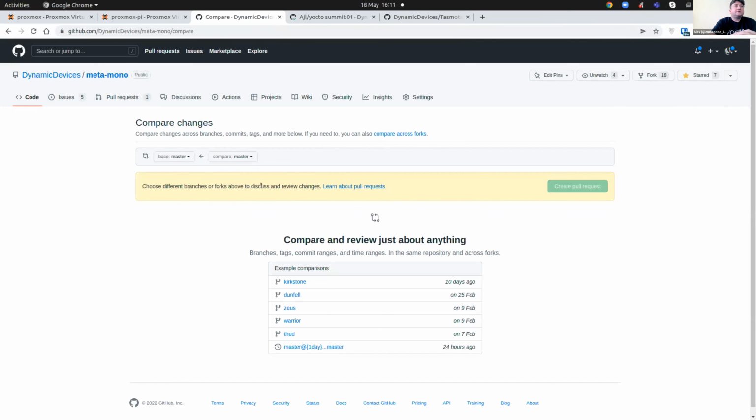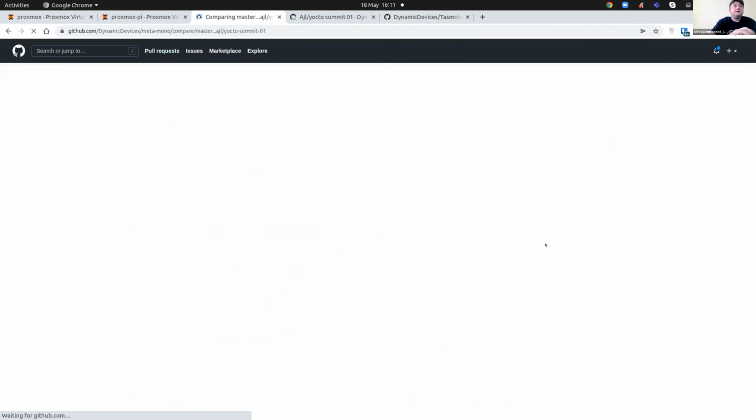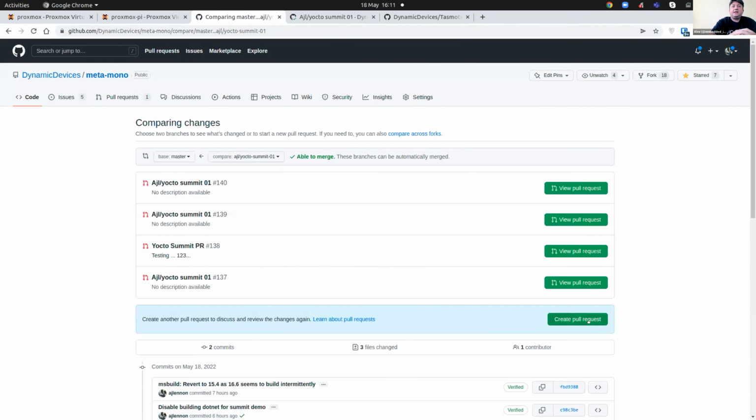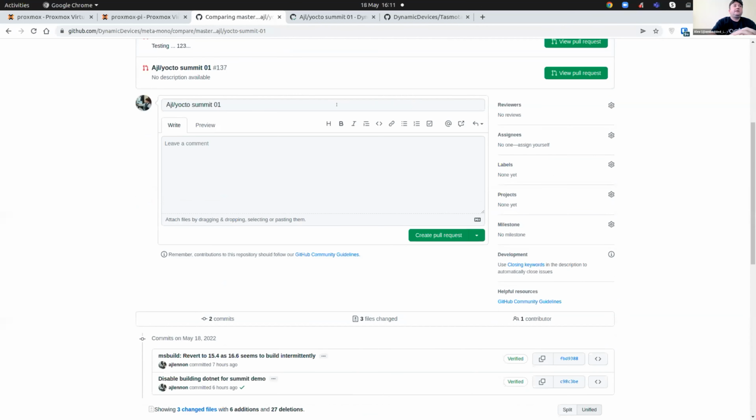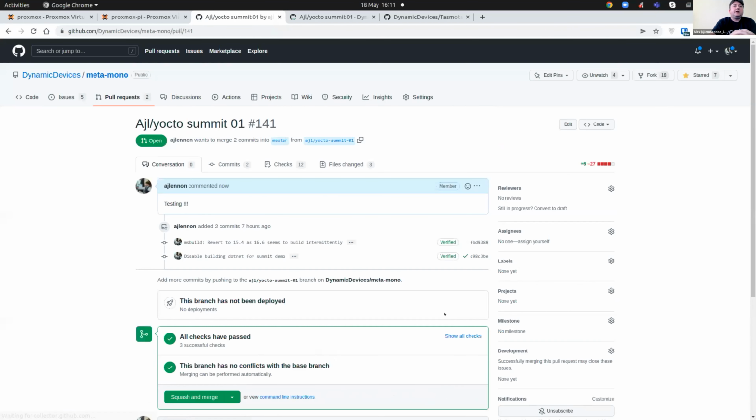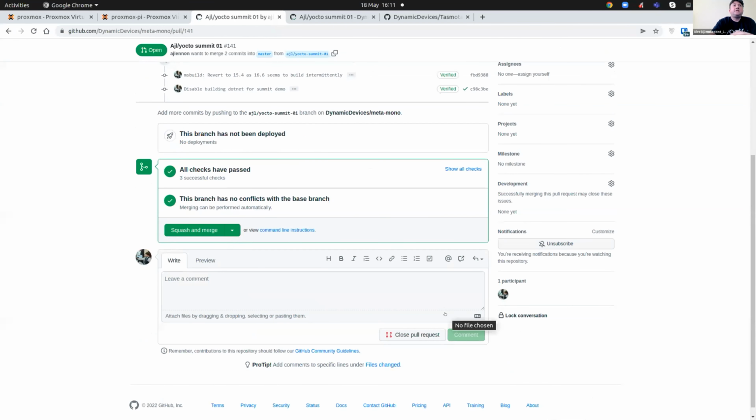New pull request from that feature branch. Yeah, there we go. So we're going to create that pull request. And we'll call it, I don't know, we'll leave it at that, testing. Boom, and that's created. And as if by magic,